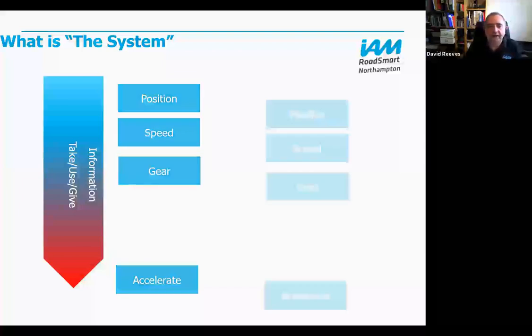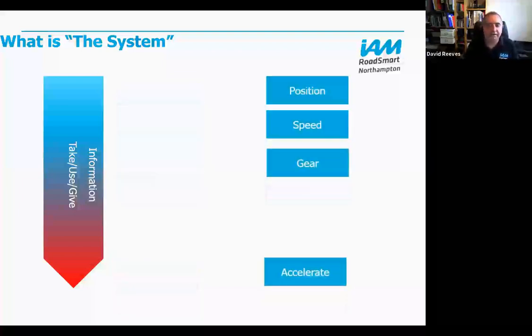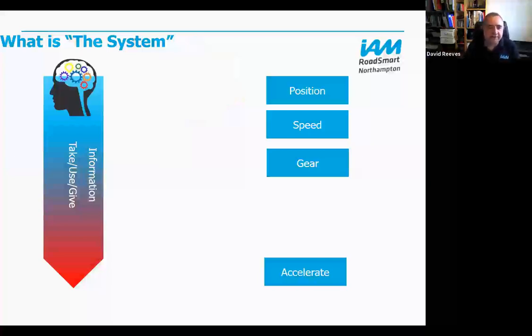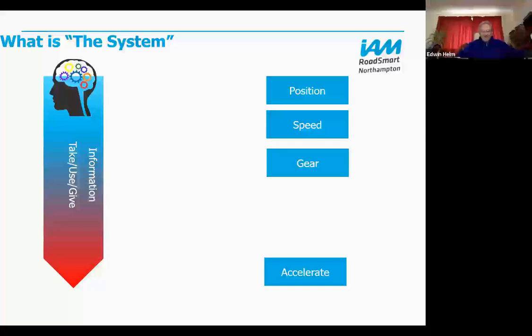Now, let's split those out a bit. Let's split those into two for a moment, because the first thing I would contend here is that it's not one, but two systems. Two for the price of one deal. What could be better? On the left-hand side, we've got the information phase. Now, that's somewhat cerebral. You can see the cogs. I don't know if those cogs whir quite as well over the Zoom link. The cogs are whirring away there, and this is a kind of